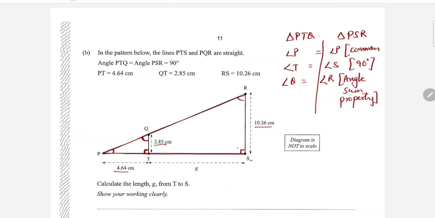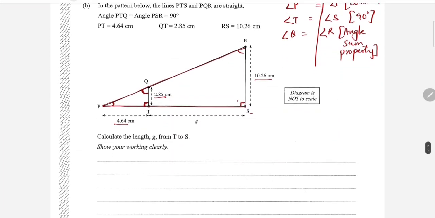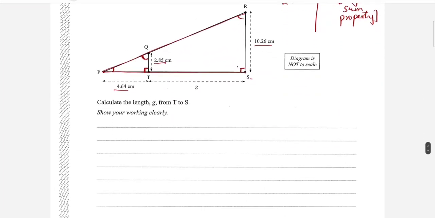All right, so now if the angles are the same, we can say that they are similar. When they are similar, their sides are in ratio. So here in this triangle, how do I write that? Similar triangles. First you have to say that triangle PTQ is similar to triangle PSR. We have proved that all angles are equal, and therefore